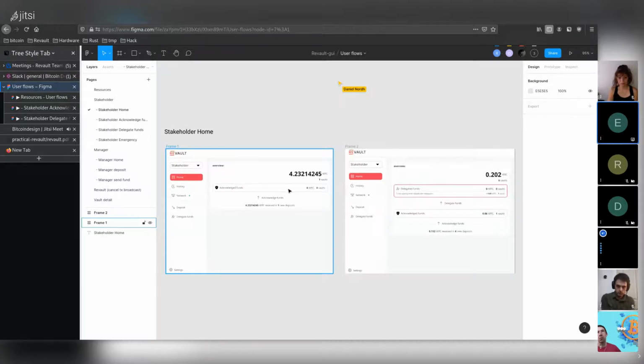Do you have a designer on the team at the moment? No designer. We are only 4 people,